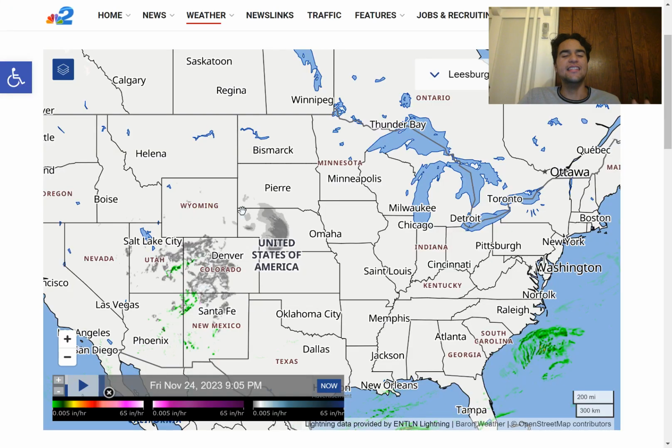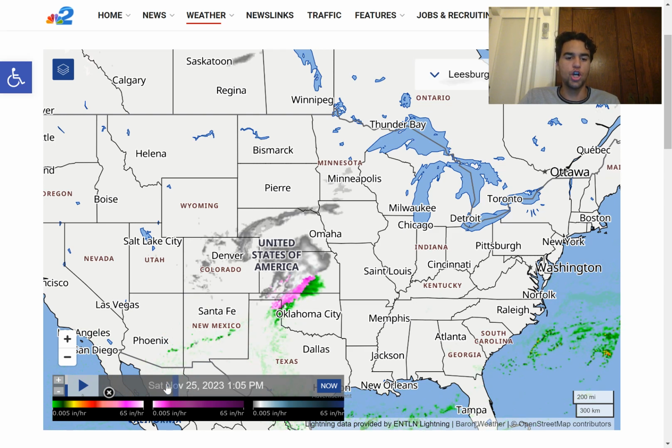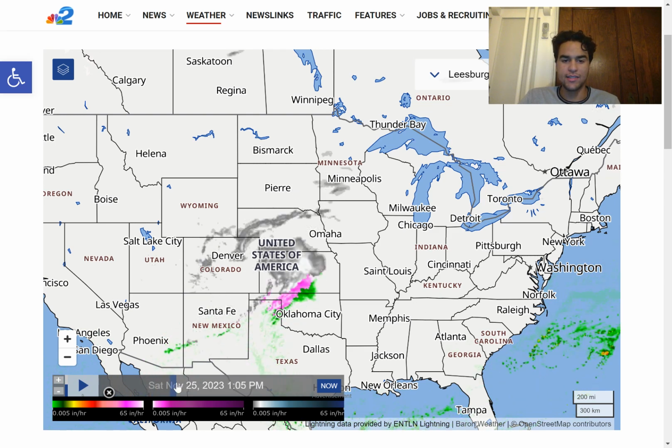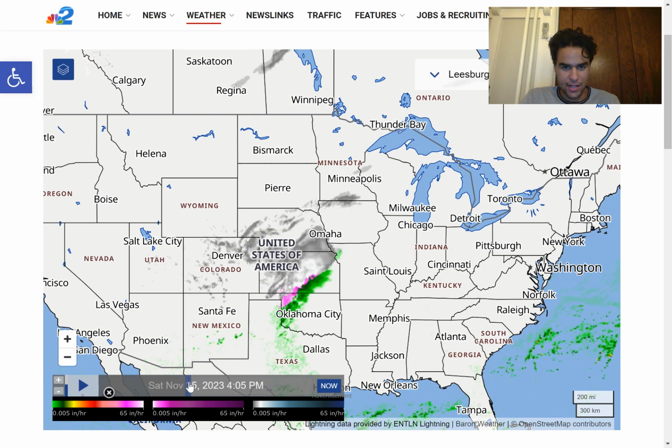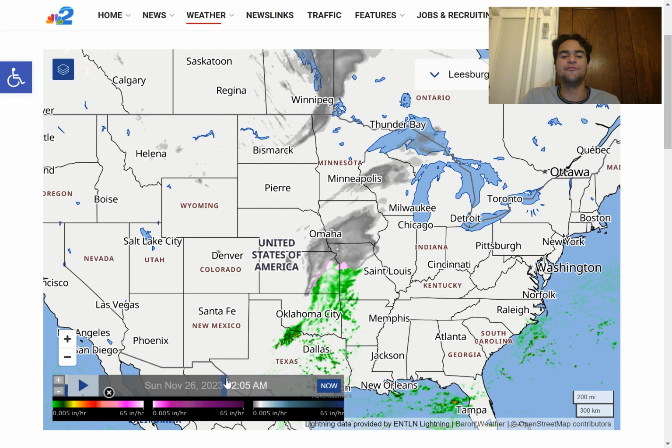So for more in-depth forecasts when it comes to this current snowstorm for the Midwest, if we were to take a look at the Futurecast radar, you will see that the worst of the snowfall should occur right around the Saturday morning, Saturday afternoon time frame for much of Kansas, and the lighter shades of white represent very heavy snowfall. So you should expect snowfall rates close to 1 inch per hour at times over some areas of Kansas, which is definitely enough to make the roads impassable and potentially dangerous. So you want to take necessary precautions right around the Saturday afternoon time frame.